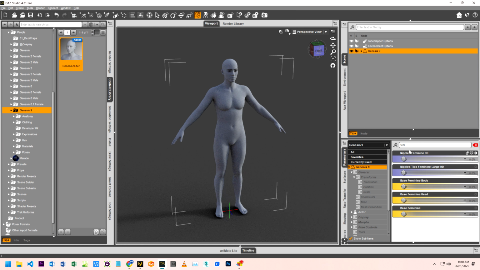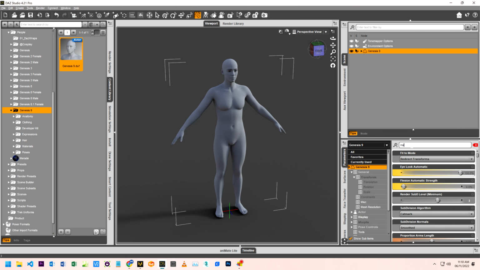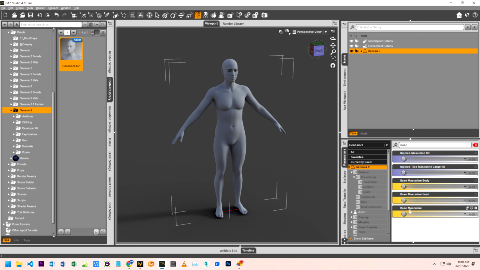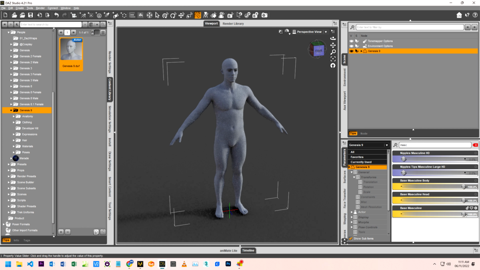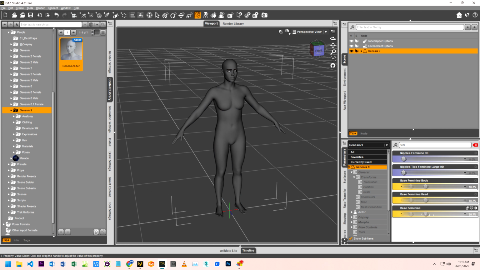If you wanted to export a male avatar, you've got a base masculine. So there's your slider for converting from the base to the man. So I'm going to stick with the female for my example. So base feminine,